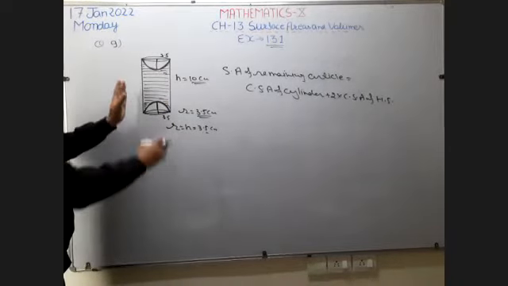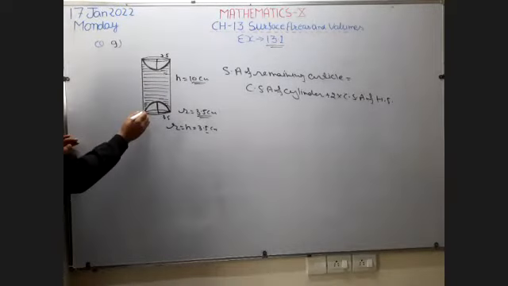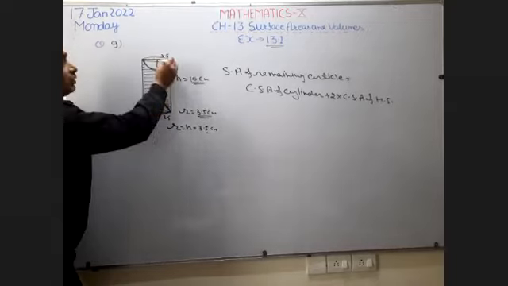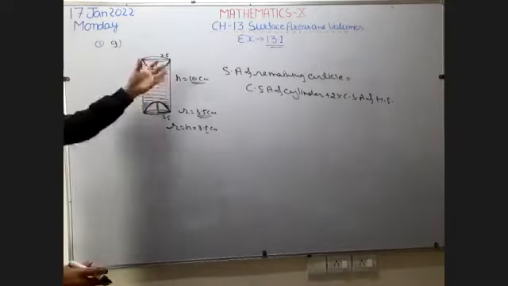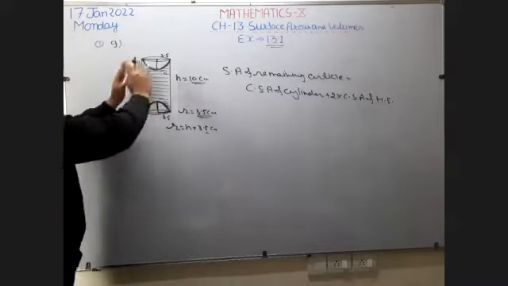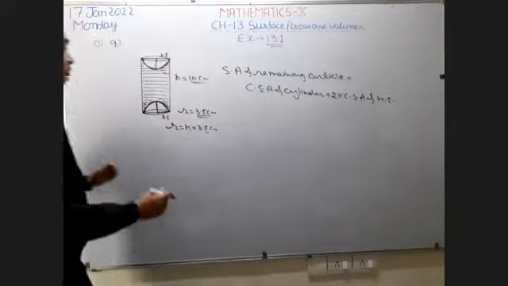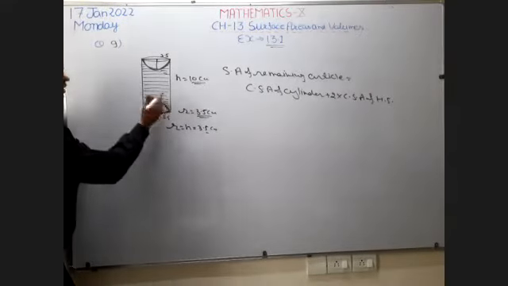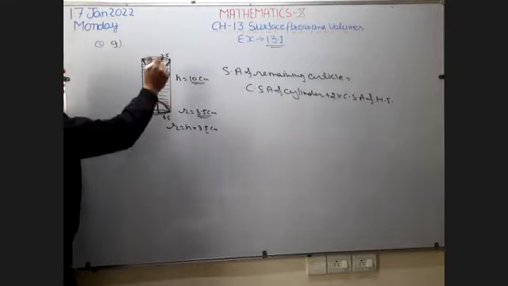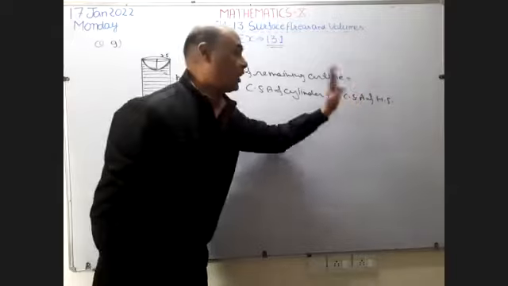Okay. Now your solid is in the shape of cylinder. From this cylinder, we're going to take out these two hemispherical shapes from both the ends. When you take out this hemispherical shape from both the ends, what is left? Outer part of the cylinder is left. So right here, curved surface area of the cylinder. Now the inner part from this end. This is the shape of hemisphere. So this one hemispherical shape is left. Another one is also hemisphere. So two times curved surface area of hemisphere I'm going to write here.